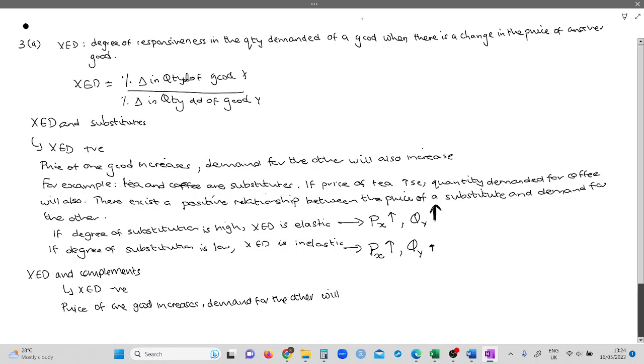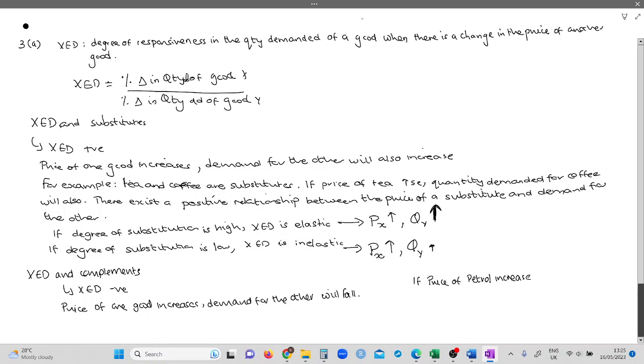You can provide an example. For example, let's take two complements that are consumed together, car and petrol, for example, car and petrol. So there, if the price of petrol increases,